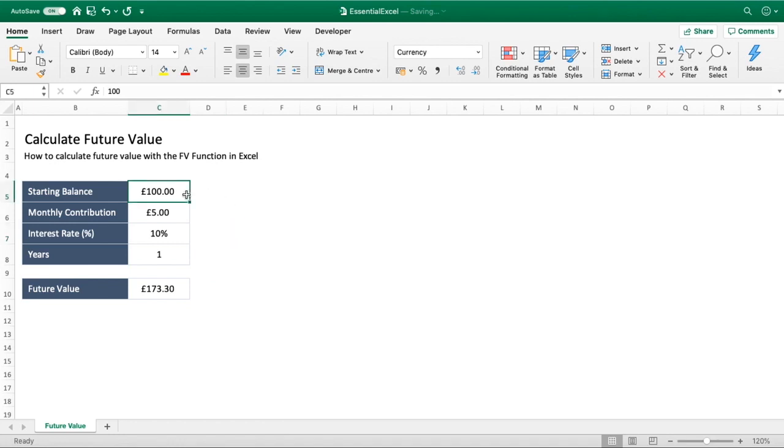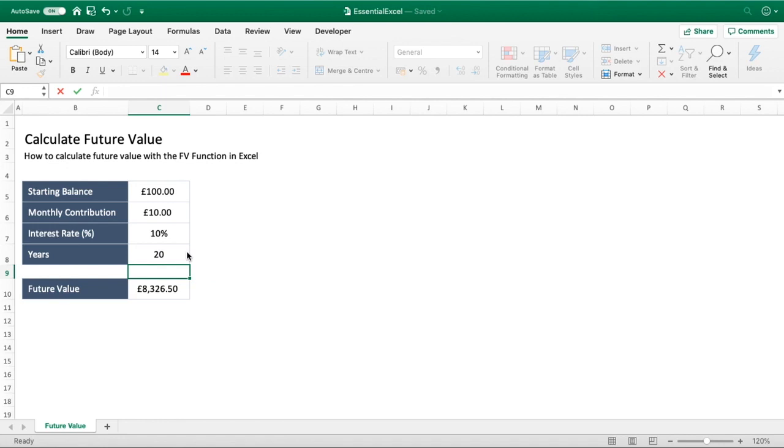So obviously we've got a starting balance of 100. If we were to add £5 to this starting balance every month, 12 months in the year, that's £60. By default, without any interest, we would then have a grand total of £160. But because we're also going to be earning interest every month at 10% for this whole year, you can see what our future value actually turns out to be. So again, this is another way you can do it. Alternatively, you can change this, so you could put maybe £10 contributions a month, and so on and so forth. It doesn't seem a great deal of interest when you look at 1 year,